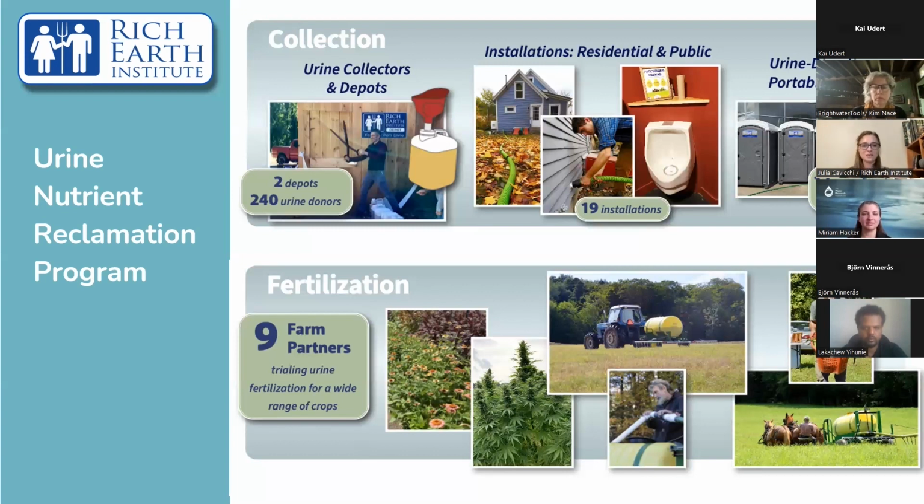And then we have several local farm partners we've worked with throughout the years. Our longest term farmer partners have been for applying urine to hayfields. And lately, we've also been doing a number of different agricultural research projects with farmers growing other crops, including cut flowers, hemp, sweet corn, and this year we're trialing urine on some nursery trees as well. So agricultural research and working with farmers to explore how urine can be used for different contexts is a big part of what we do also.